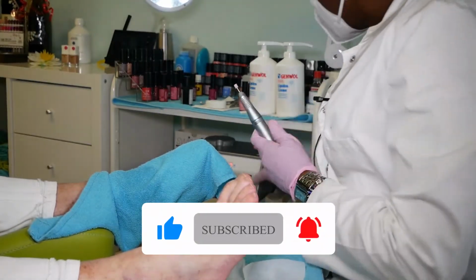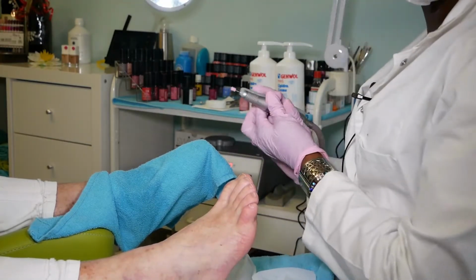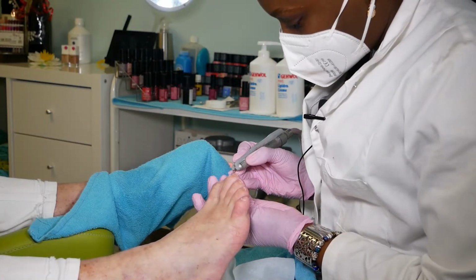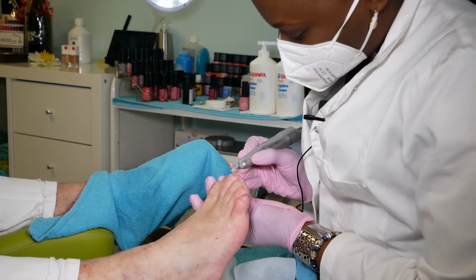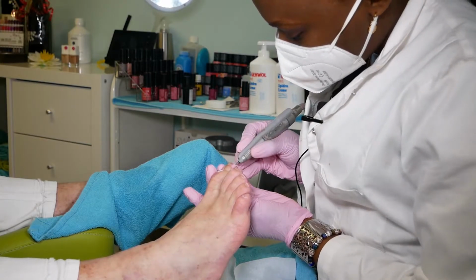And then I'll just get the one which we call the big diamond, and then I'll go ahead on the tip of the nail, and I will be leveling the nail. As you can really see,